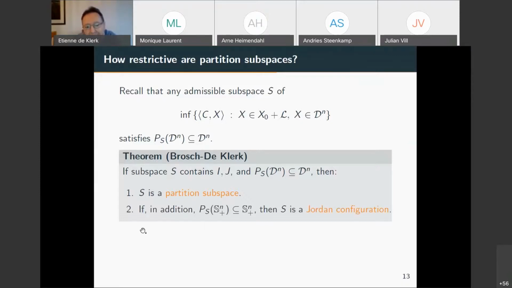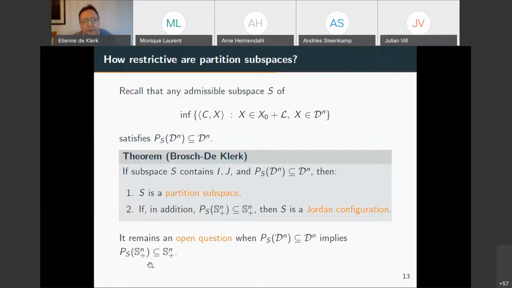Then if we also know that this projection onto S is cone positive for the positive semi-definite cone, then S also has this algebraic structure that it's closed under taking squares. So it is in fact a Jordan configuration. But unfortunately, this extra assumption is not something we like. So this is an open question for us. For which subspaces does cone positivity for the doubly non-negative cone actually imply cone positivity for the